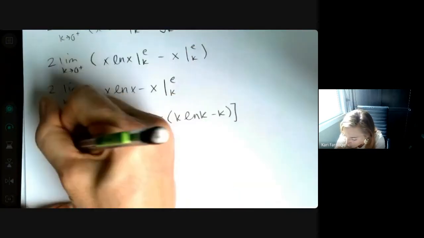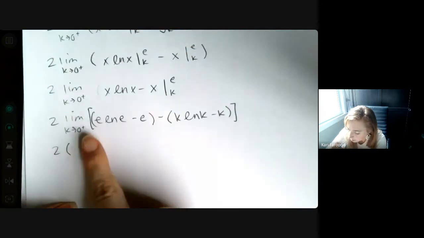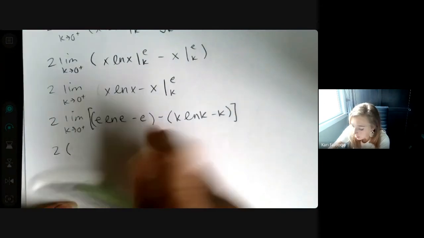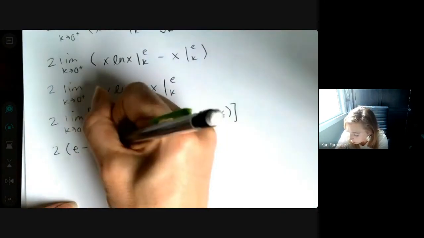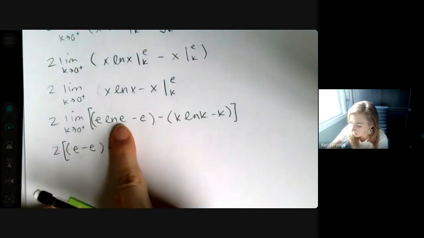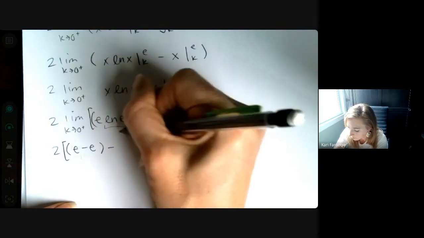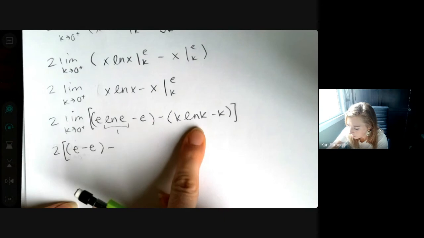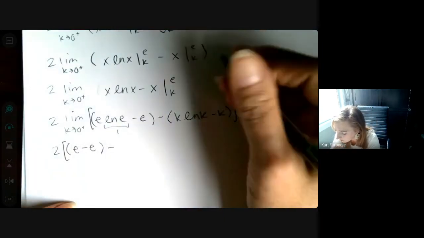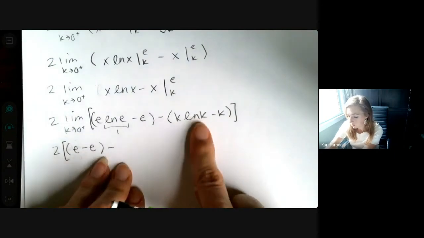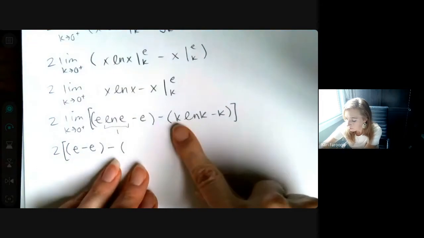I'm going to keep my 2 in the front. As k approaches 0, that's not going to affect this. ln e is 1 times e is e. So you have e minus e. So this is the e minus e minus, and then 0, ln 0. And if you're thinking about this from a limit perspective, ln 0 is going to be negative infinity in that case. So you have 0